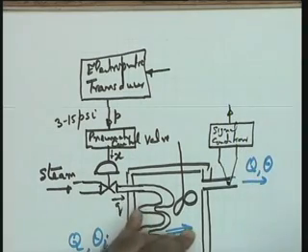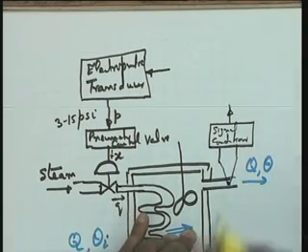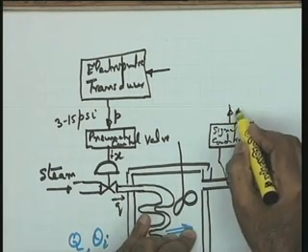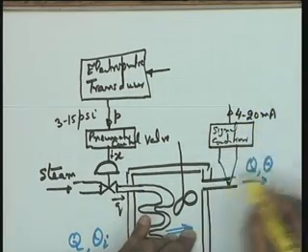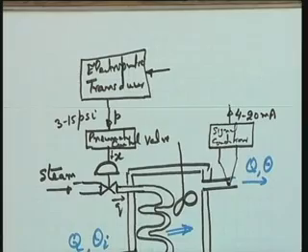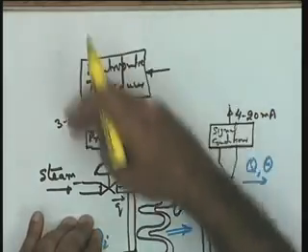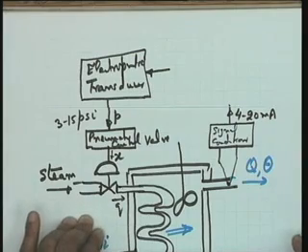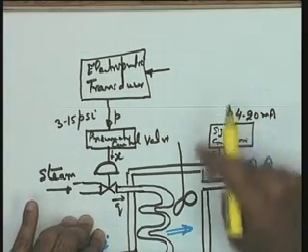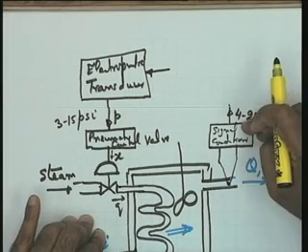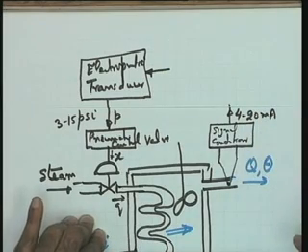Let me take this as a current signal. If it is a voltage signal, let me convert this to a current signal, there is no problem, I can use a voltage to current amplifier. I can take this as a current signal, and the current range is 4 to 20 milliamperes. Now you see that in process control applications your design is regulated by these industrial standards. Depending upon the thermocouple you are going to use, you will have to appropriately design your signal conditioner, so that the output here is 4 to 20 milliamperes.